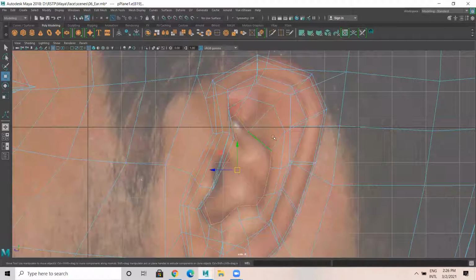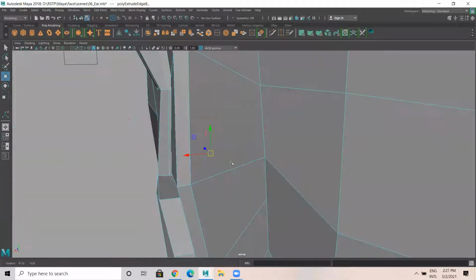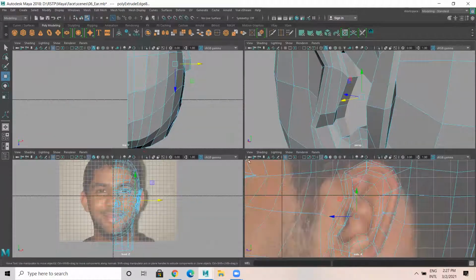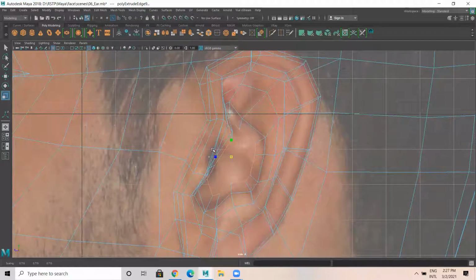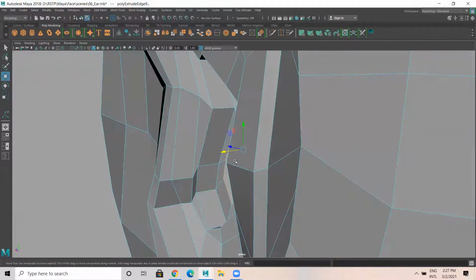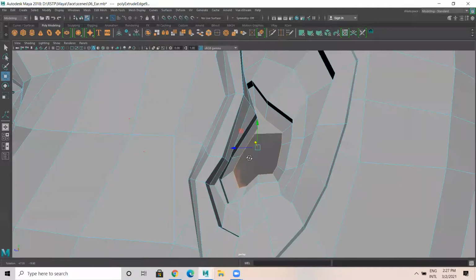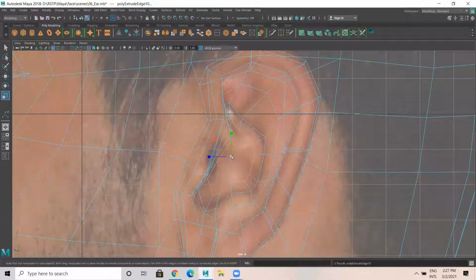So again, the same edge I'm selecting. I extrude this. So this has to go inside like this. Now again I repeat the last tool, extrude. So it's like this. A little bit inside again. Okay. Observe. So we're getting an output like this. Again I extrude.